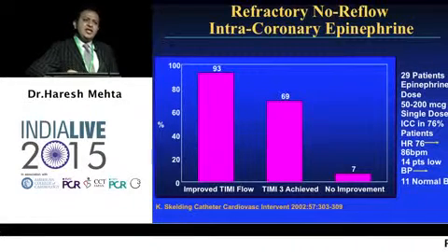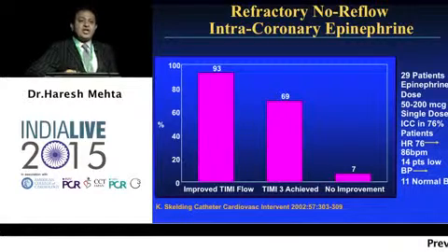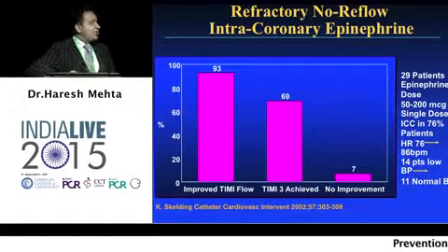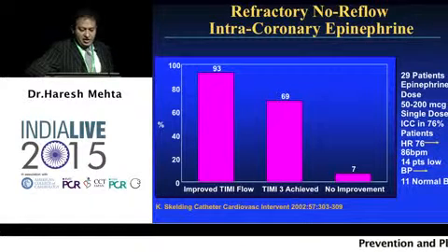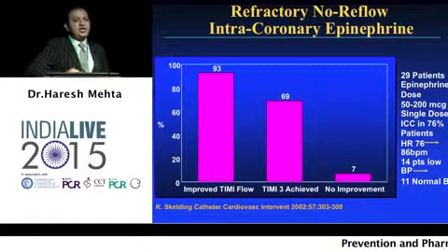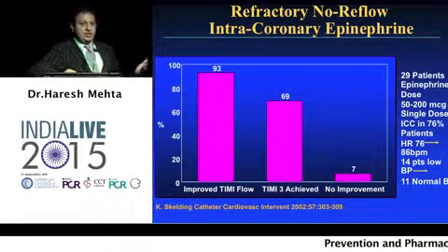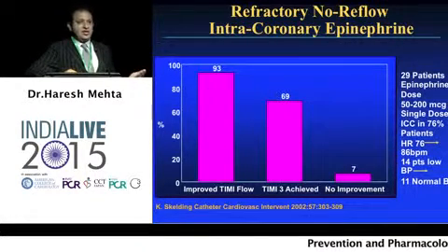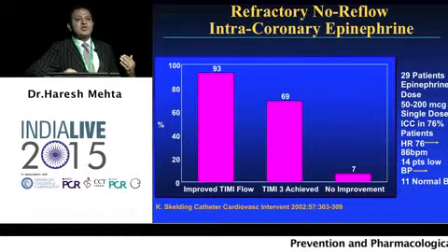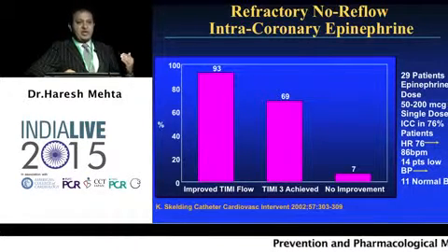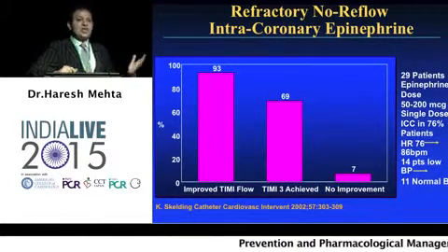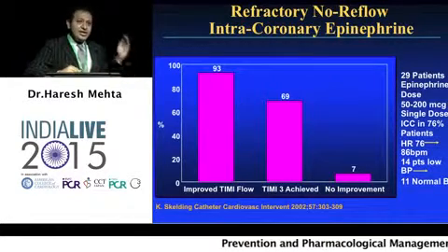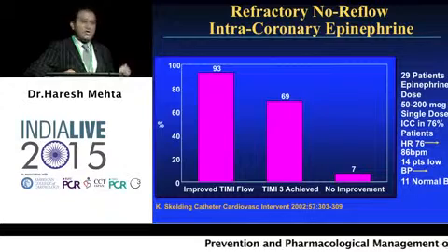Similarly, the least used drug, I feel, in intracoronary no reflow is epinephrine. A single bolus of 50 to 200 micrograms has been shown in patients to significantly help reverse no reflow. The reason being, most of the no reflow we see are hypotensive in the MI situation. And when you have a hypotensive patient, your intravenous inotropes may take some time to get you adequate pressure. And if you don't have an adequate pressure, you're always resistant to use nitroprusside, adenosine, because you're always worried what is going to happen to the blood pressure. Whereas this drug, we can safely use even in hypotensive patients.